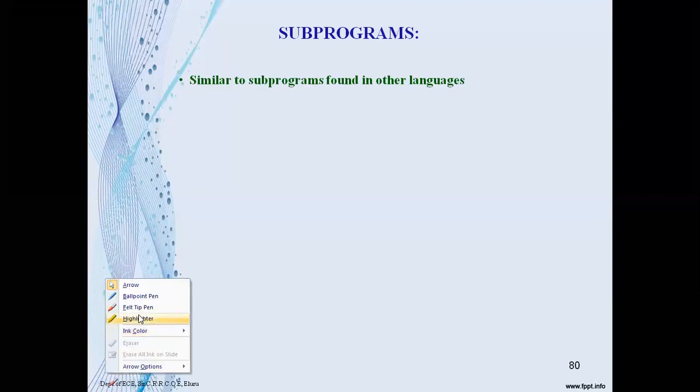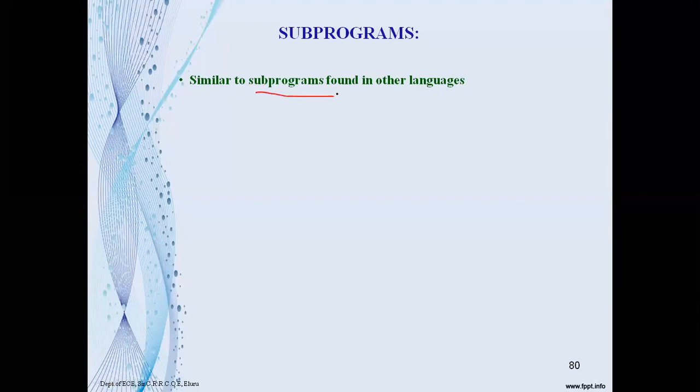If you take C language, or any other language like a microprocessor language, usually a subprogram refers to a piece of code or a piece of the program which is detached from the main program, which is not part of the main program.